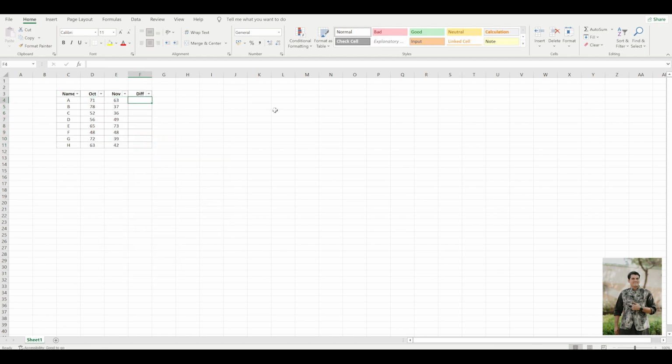check, then find the difference, November versus October. Double click on the plus icon to drag the formula below. Okay, so